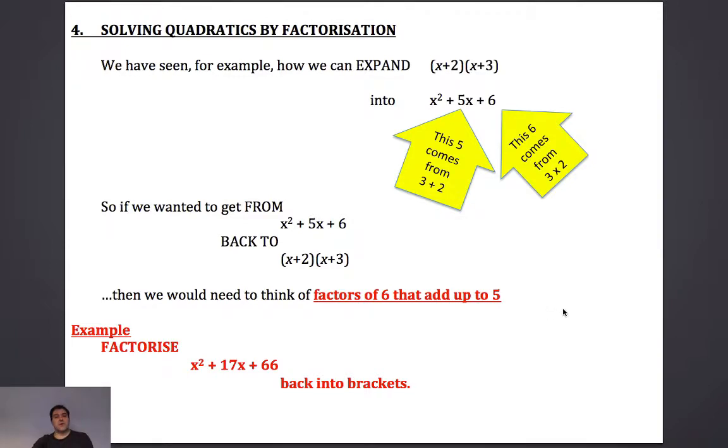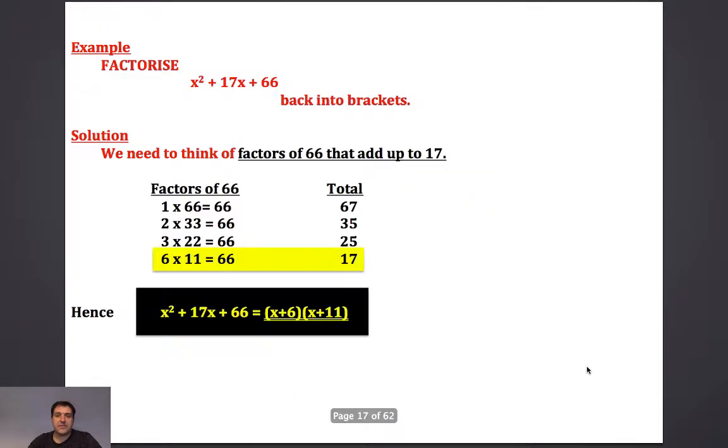So for example, here's a question: factorize x squared plus 17x plus 66 back into brackets. So we need to think of factors of 66, two numbers that will multiply to give you the 66, but then they need to add up to 17. So factors of 66 that add up to 17. So what I've done is systematically gone through all the possibilities and made a comprehensive list and then considered them